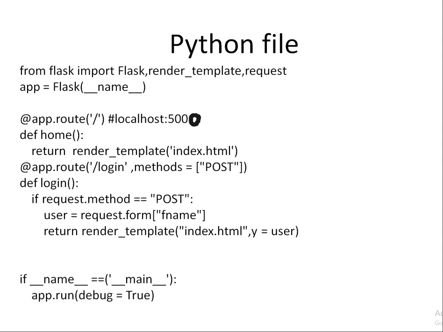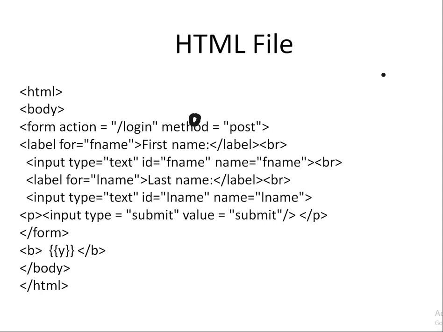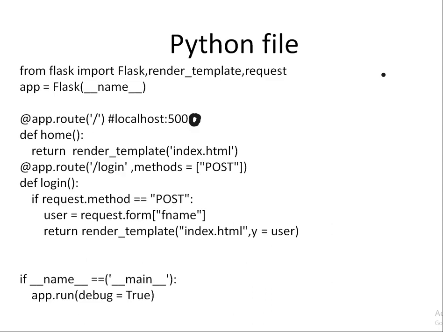And then here app.route, if you are changing the path to login, that is for when you click on the submit button in that HTML file, right? If you click on the submit button in that HTML file, it has to post. The form action has to post, right? So that is for slash login. The same content has to be replicated in the next slide also. So that is what is given here.